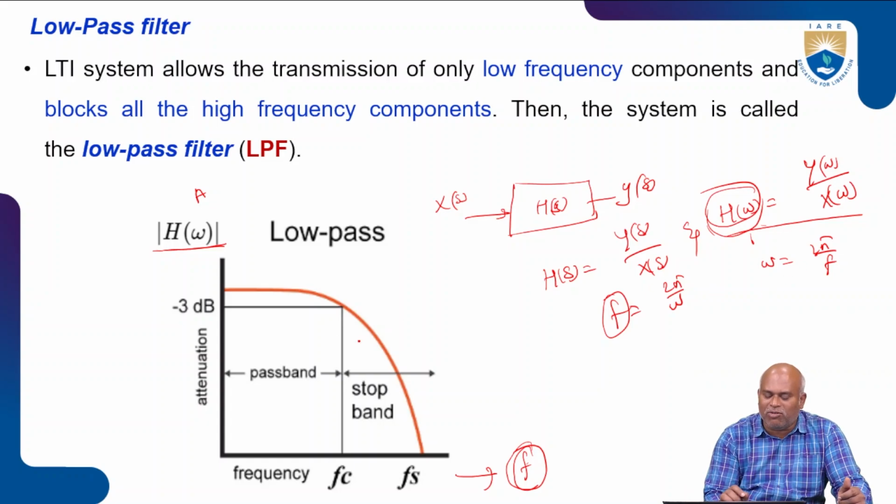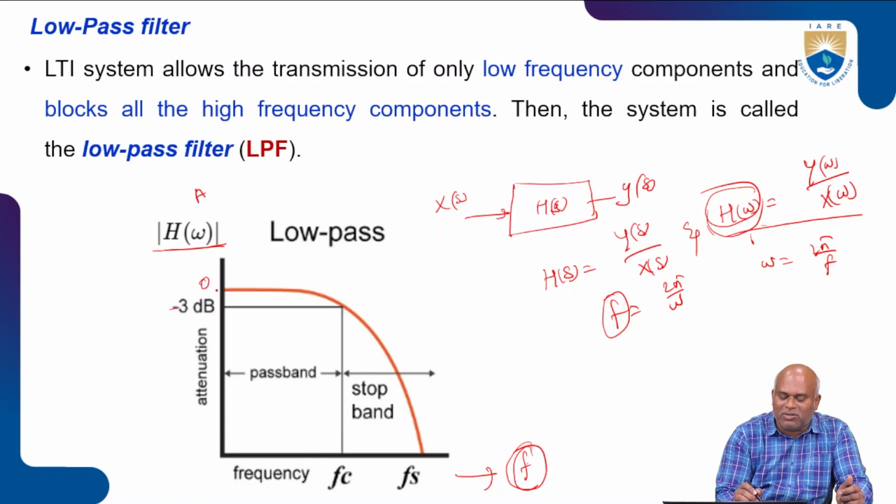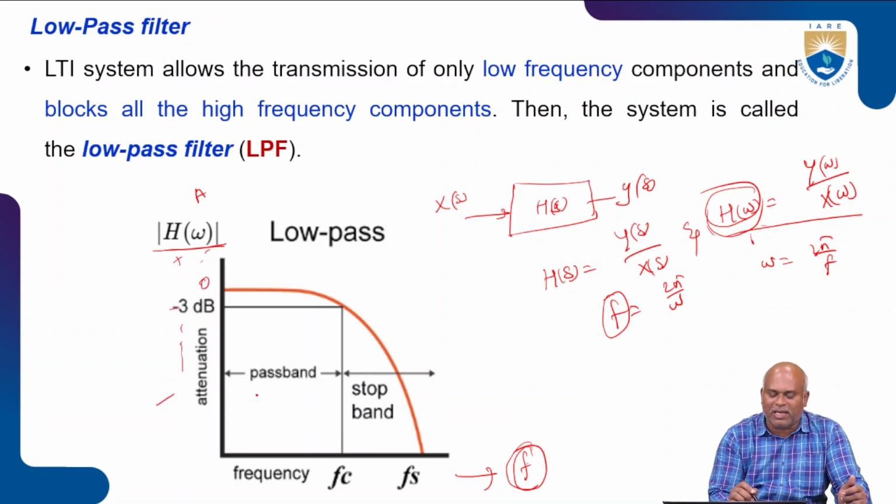In this case, the system response H of omega is going to allow only the lower frequencies up to a certain level. Here we start from minus 3 dB as the frequency level. Minus 3 dB is the maximum allowable case. The conduction value actually happens at H of omega equal to 0, and the remaining is represented as minus.